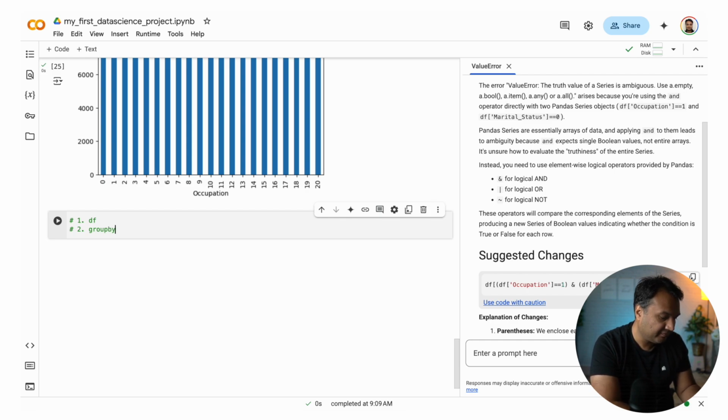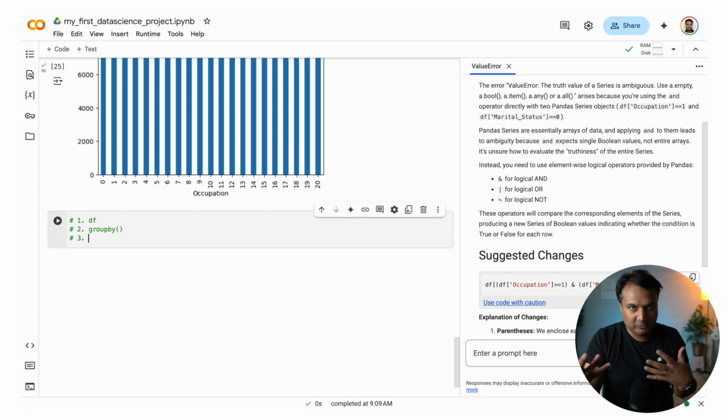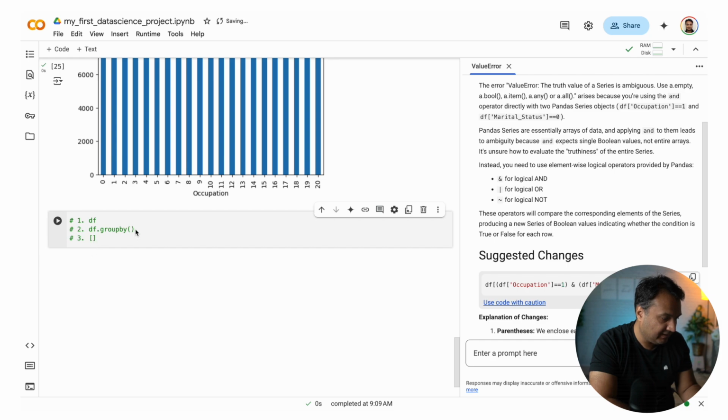And then you define the thing you want to group it by. Once you have grouped it, then you say which entity you want to look at. Actually it will be chained together, so it will be like this, and then like this.